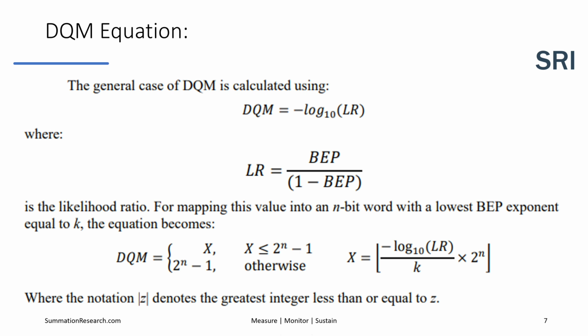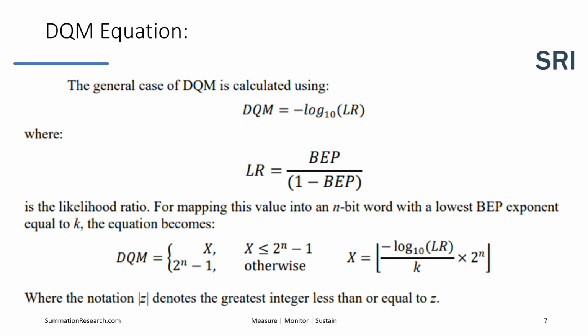The likelihood ratio, LR, is a critical component in the calculation of DQM. It is calculated by comparing the probability of receiving a bit correctly versus bit error probability, or BEP, the probability